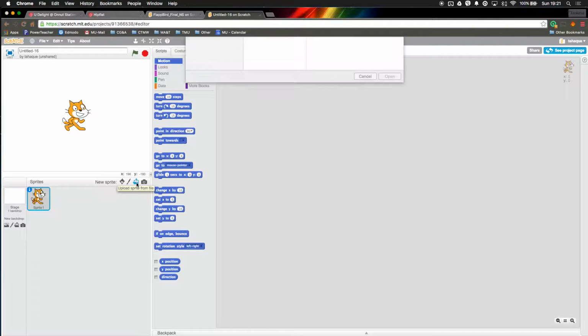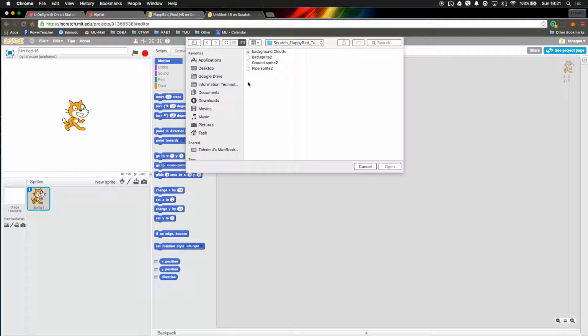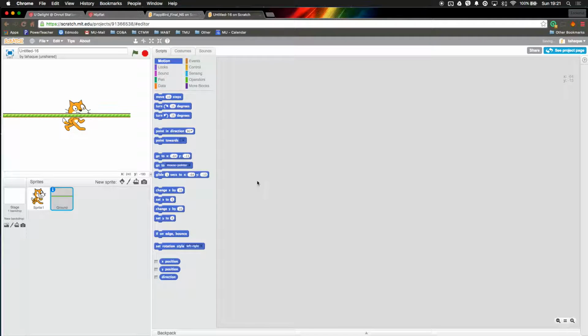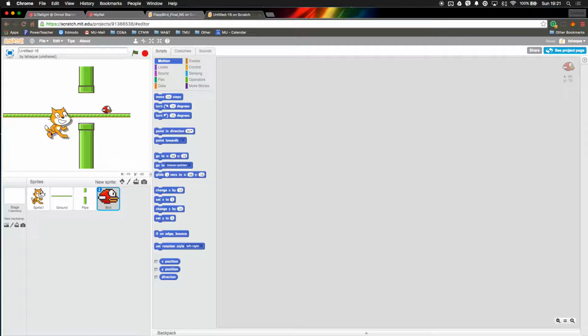So the sprites that I'm going to use here are 3 sprites called Pipe, Ground, and Bird. They're all going to be linked in the video description below. All right. Just select them all and click Open. So there's the ground, there's the pipe, and there's our bird. For this game, we don't need the cat anymore. So what we can do with the cat is just right-click on it and go down to Delete